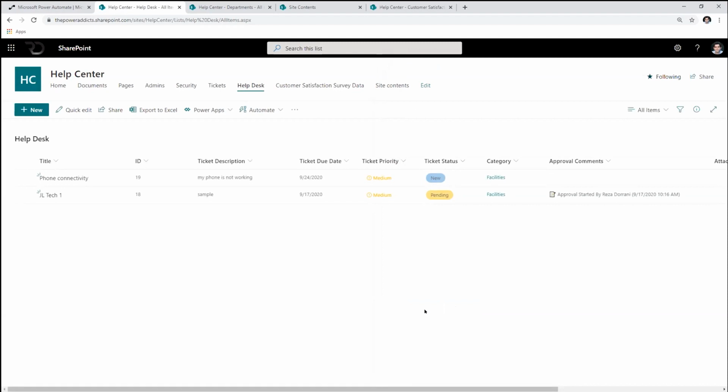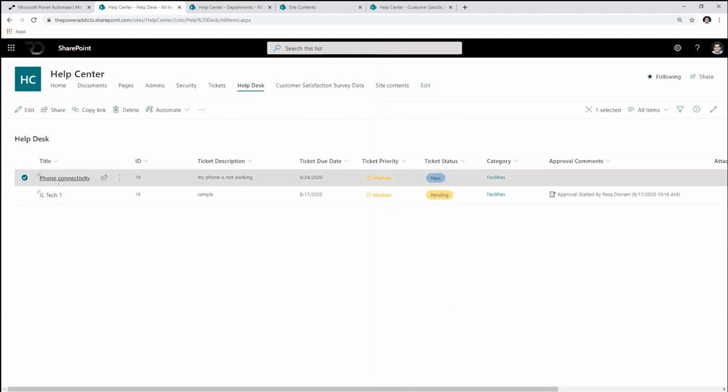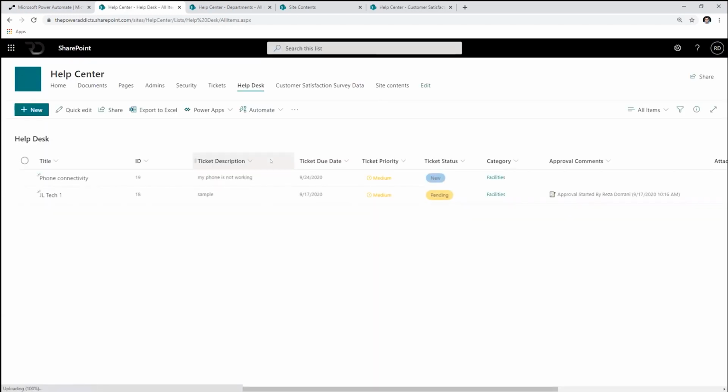Now, the moment I do this, this is my ticket that's got logged in the system. All my data points are right here. And these little UI elements that you see here, this is actually SharePoint list formatting. So there's nothing special about this, very easy to set these up. The first thing is, observe that the status of the ticket is new because this was a newly created ticket. Now, the moment the ticket is created, I have a flow that kicks off. Let me first show you the process, then I'll break down how the flow works. So I'm just waiting for the flow to trigger.